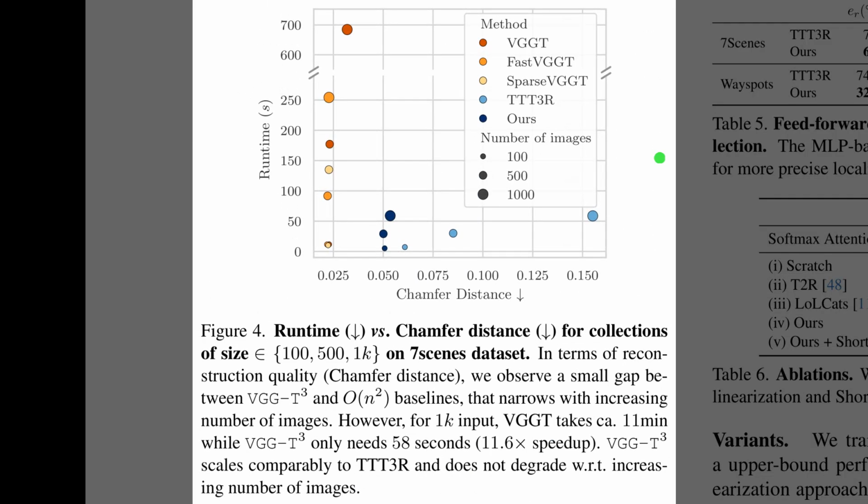So, Figure 4 summarizes the critical trade-off between speed and accuracy on the 7 scenes dataset. The vertical axis shows runtime in seconds, while the horizontal axis tracks the chamfer distance error, meaning points closer to the bottom left corner are ideal. You can see the original VGG-T represented by the red and orange dots high on the left. It is accurate but prohibitively slow for large inputs. In contrast, the light blue dots for TTT3R are fast but suffer from high error. Finally, the dark blue dots show that VGG-T3 successfully occupies the sweet spot, maintaining high accuracy while keeping runtime under